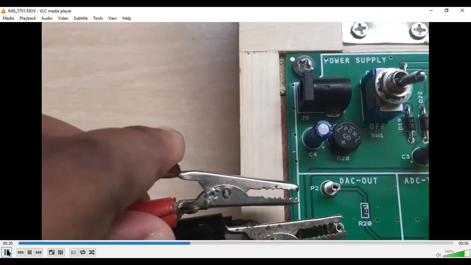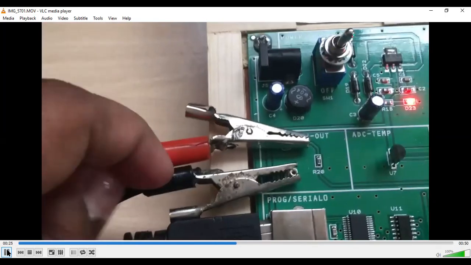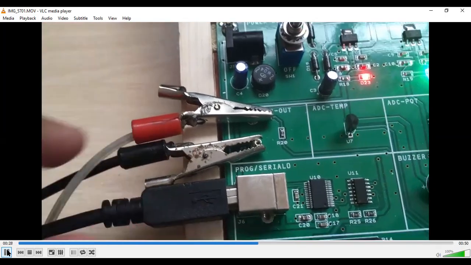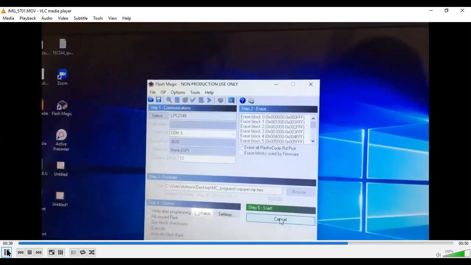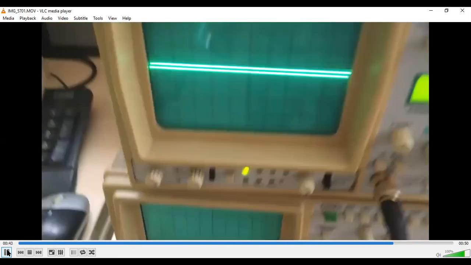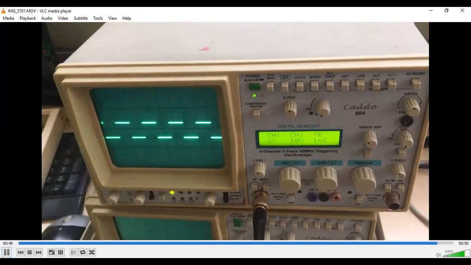See, you can remove it, just connect, fix it, so that the data moves from the DAC to the output. Similarly, we can fix the ground also. So here the data has been transferred. Once you are executing through the flash magic, you see here you have started the program to execute in the flash magic. Once that is executed, we can see the output, that is the square wave. When we execute the triangular waveform, we will have the triangular waveform there. I will show you the output of the triangular waveform also.